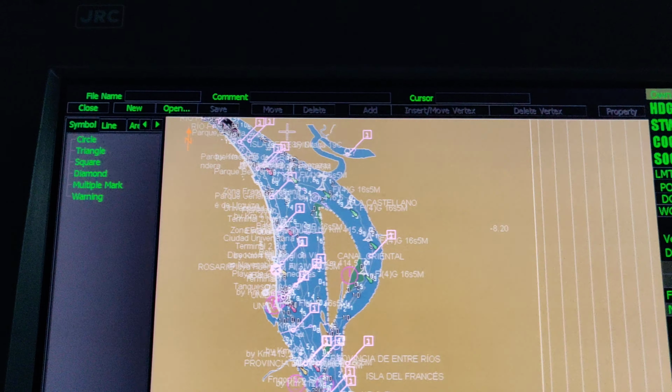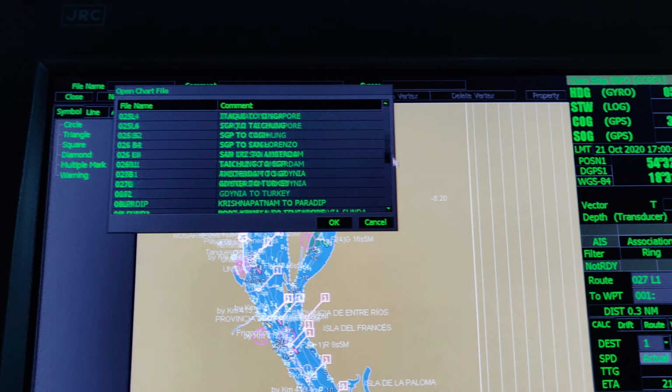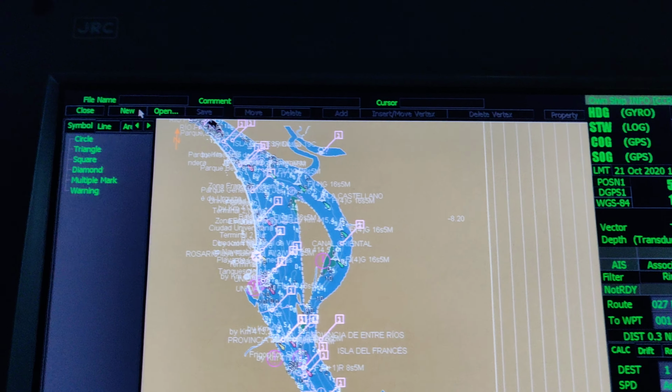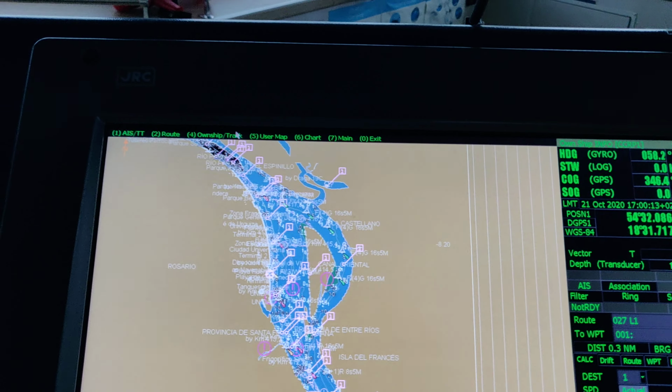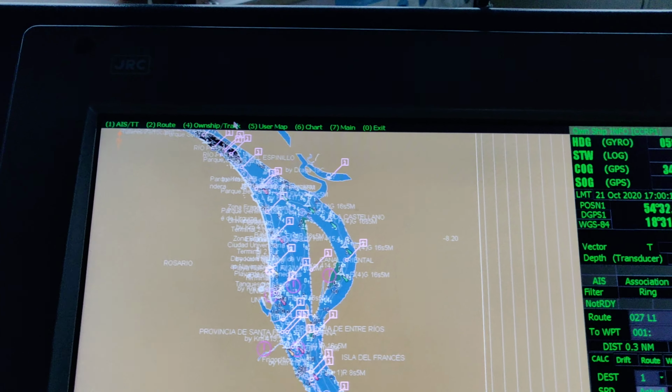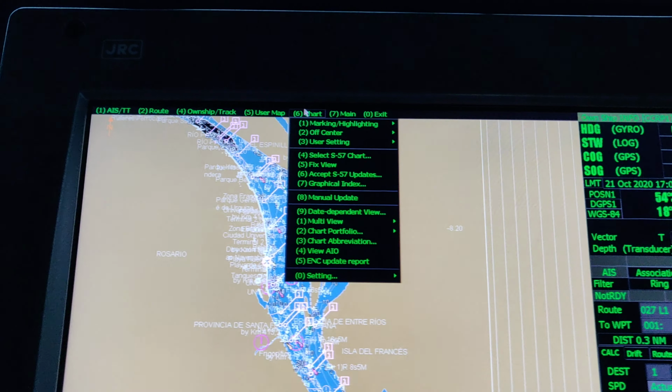Or else you can also go in user map and user map editor. When you press this, you can easily edit whatever. You can open whichever user map is saved over here, or you can press new and create your own user map. At a time you can place any, there is no limit for user maps. Usually I had used 4 to 5 user maps at a time, so it's not a problem.